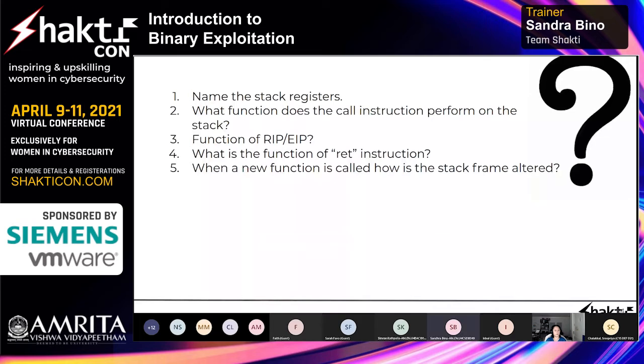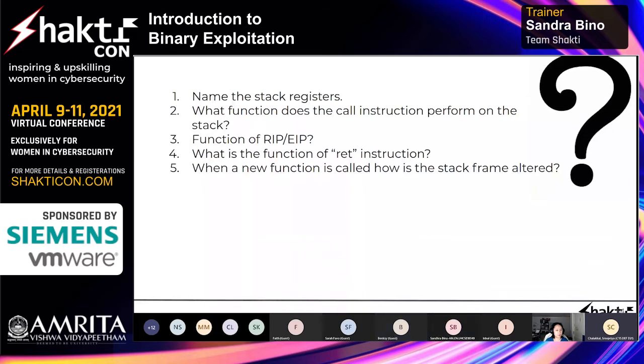I can give it a try. So the first thing that happens when we call a function is we push RIP, or the previous RIP, to be able to go back after we return from the function, to the next instruction that was supposed to be executed. And then next, as you mentioned, we have